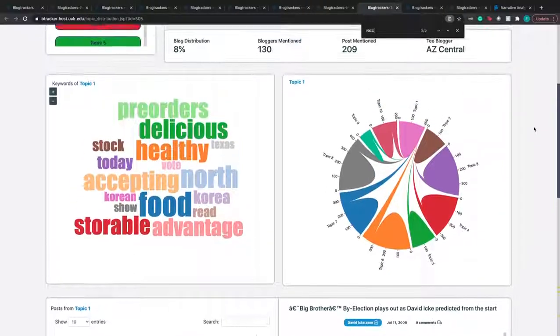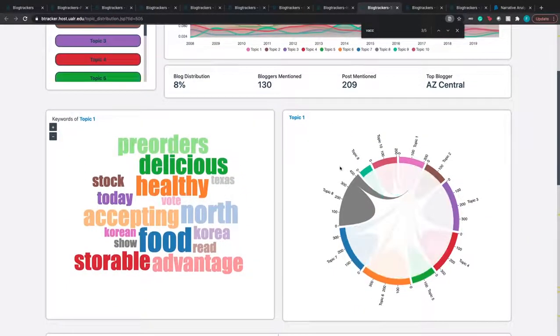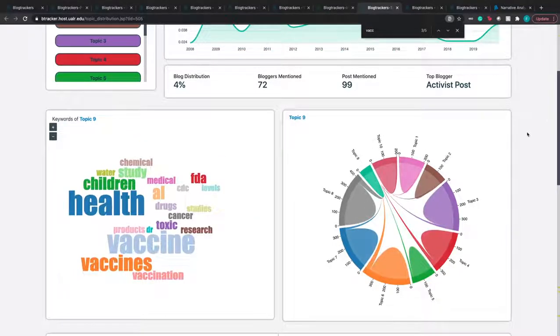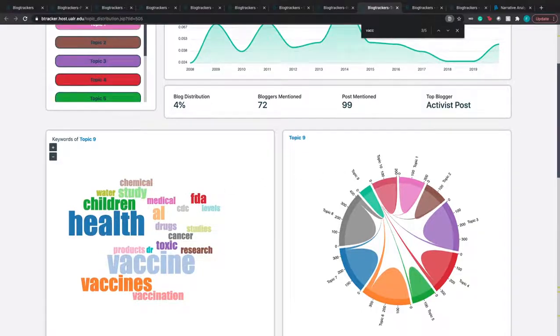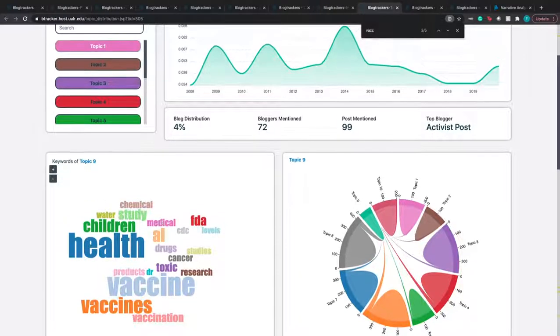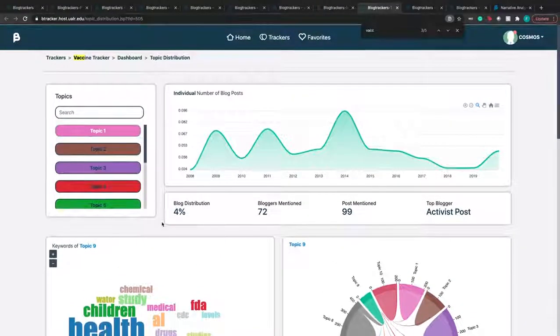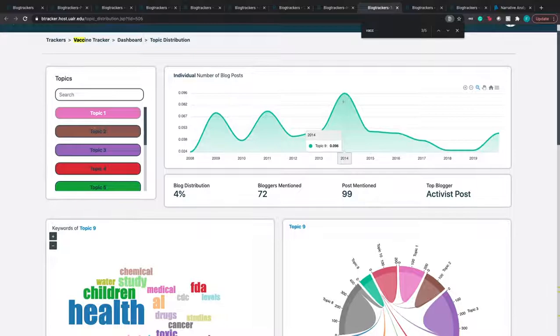So for that, we click on topic 9. Where's my code for topic 9? I see topic 9 here. Once I click on topic 9, it shows me vaccines, vaccination, toxic, cancer, children, and the trend shows it was active in 2014. The top blogger is Activist Post, and the post